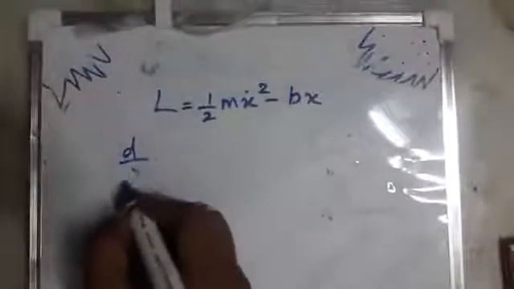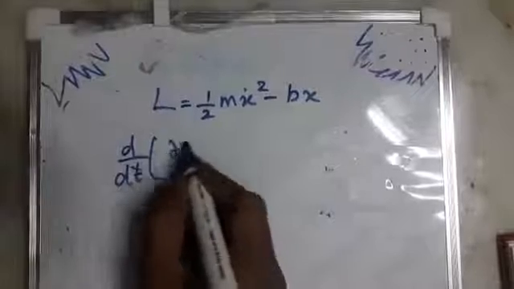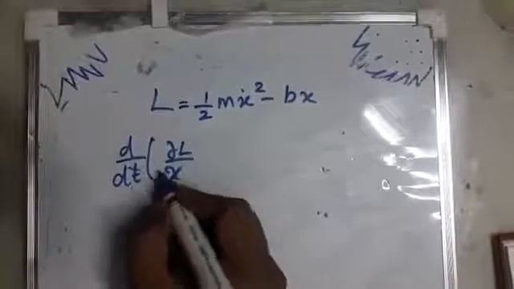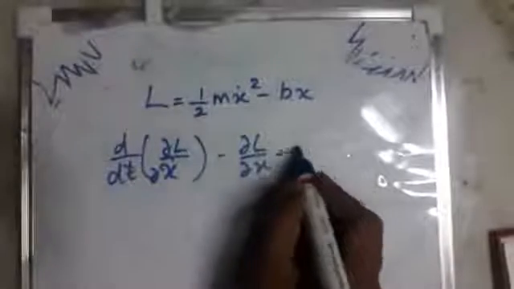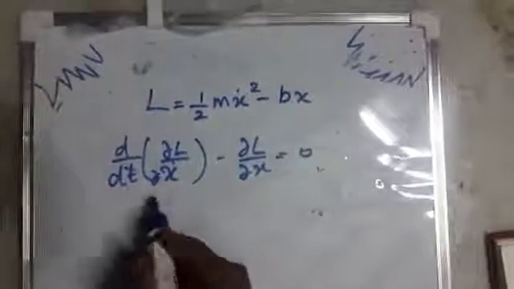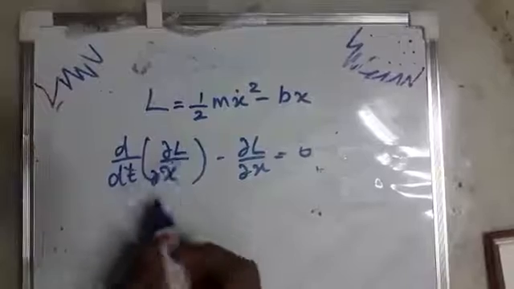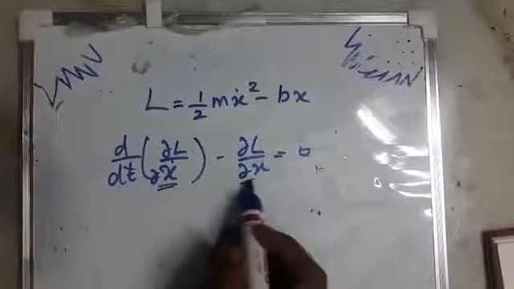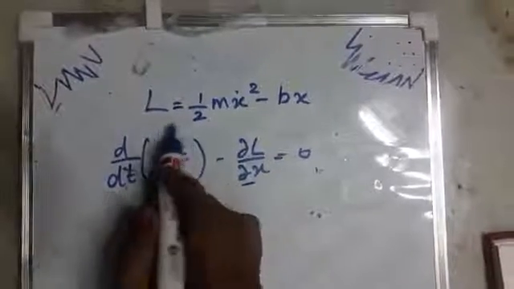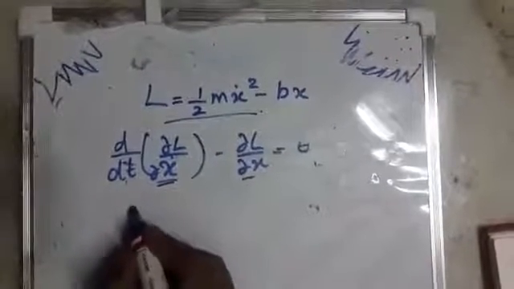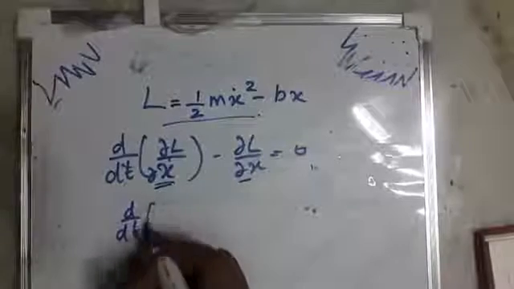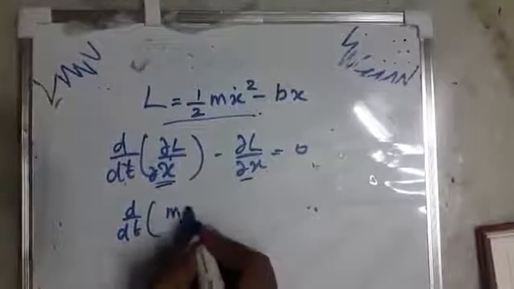The equation of motion is d by dt of ∂L by ∂x dot minus ∂L by ∂x equal to 0. This is the equation of motion. So finding ∂L by ∂x dot and ∂L by ∂x, we will find the equation of motion for this Lagrangian. So d by dt of ∂L by ∂x dot is m x dot